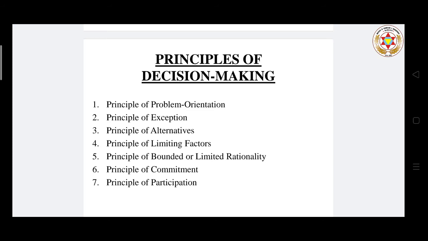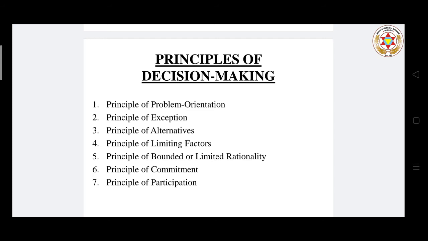Expectations means any decisions which can be made by the subordinate should be left to him to make. That is the decisions relating to the operational details. The manager should take only policy related decisions. It is a principle of alternatives, means only realistic and feasible alternatives should be analyzed fully. Then it says it's a principle of limiting factors, means it recognizes and overcomes the factors that stand crucial in the way of a goal to achieve, so the best alternative course of action can be selected.